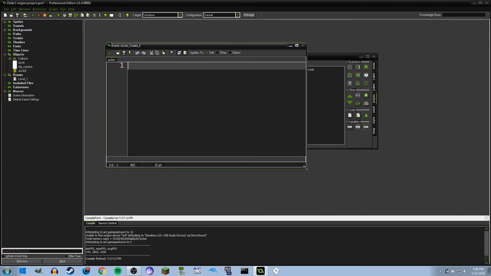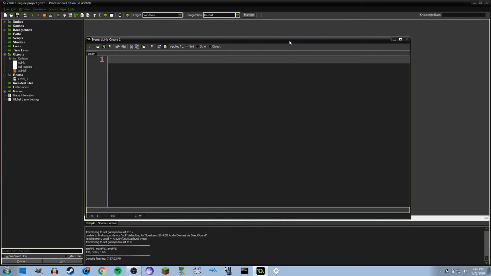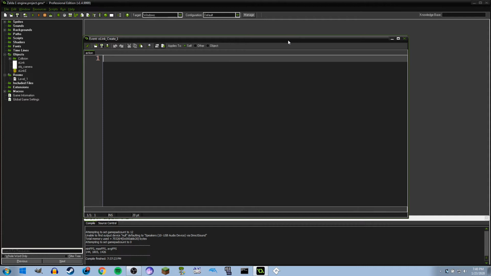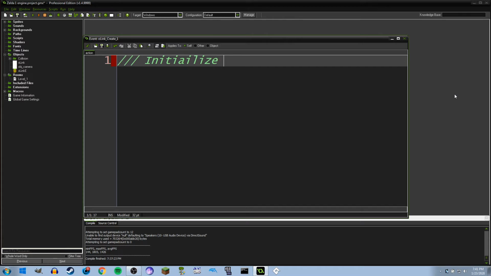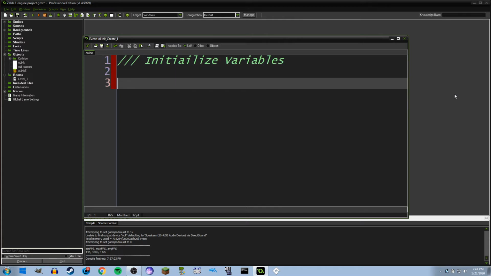And as you can see, I have the font size maximum, so you can see it real nice. Oh, I guess it wasn't up maximum. So anyways, you should be able to see that. Now then, I'm going to name this as I normally do. And then for the movement system, we're going to need an h-speed variable,